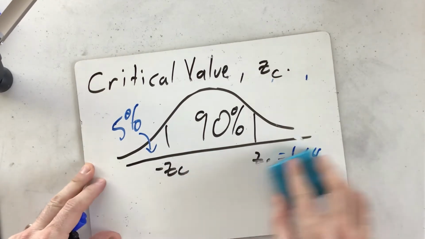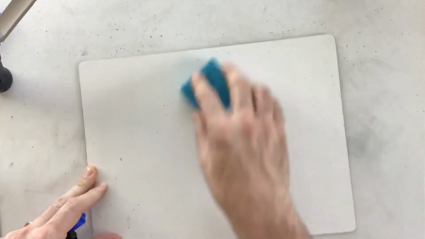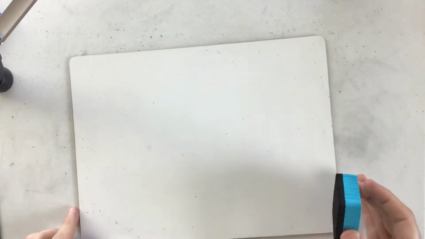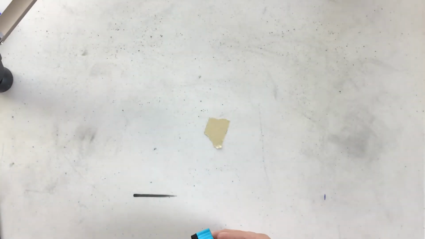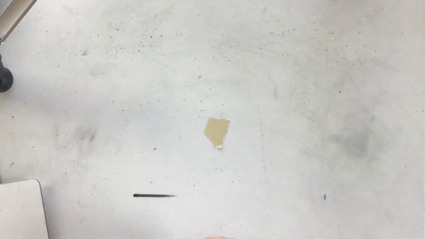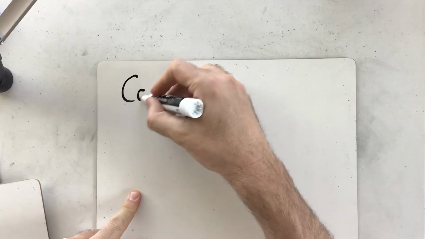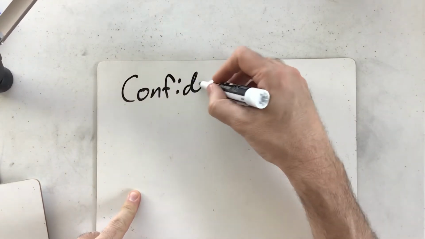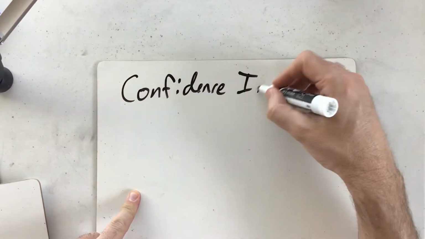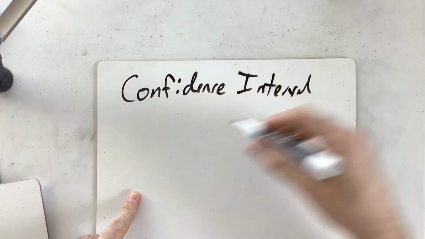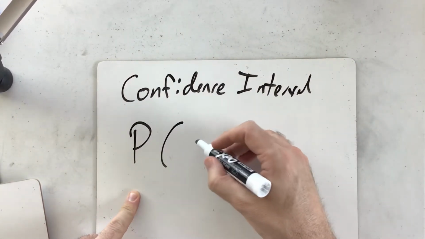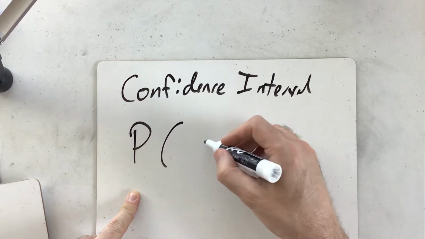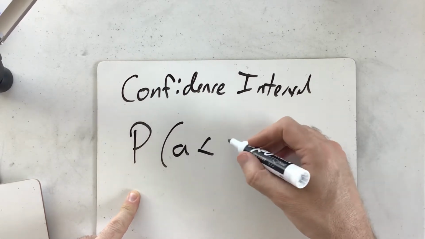Okay, once we are able to find a critical value, and we will do more of these, so don't worry about that. Once we are able to find these critical values, that lets us talk about what we want for our confidence interval. Our confidence interval is just a range that makes it where the probability of our thing being between, say, A and B